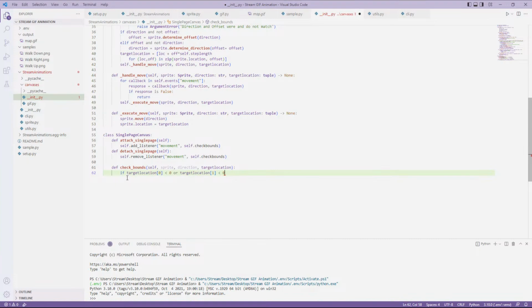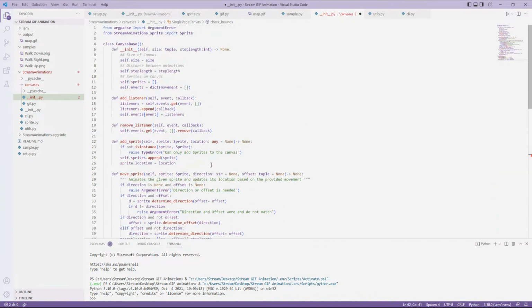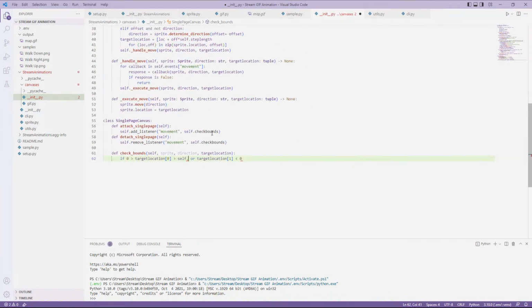We can be a little more efficient. So target location should be between 0 and self dot size 0. Actually,